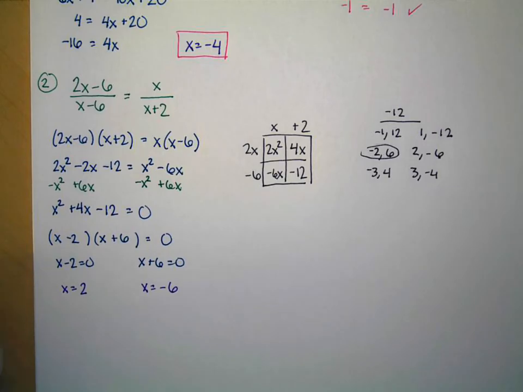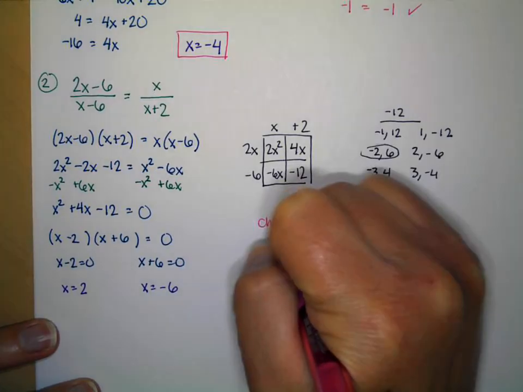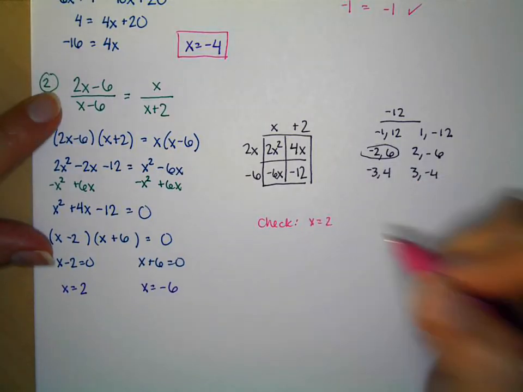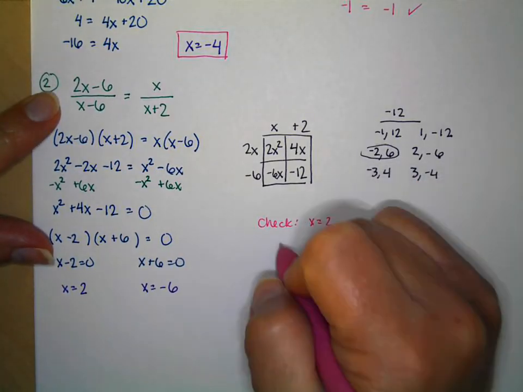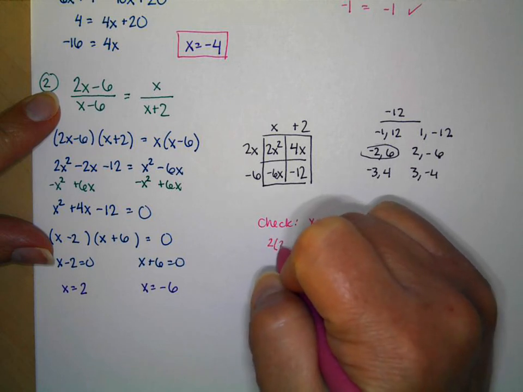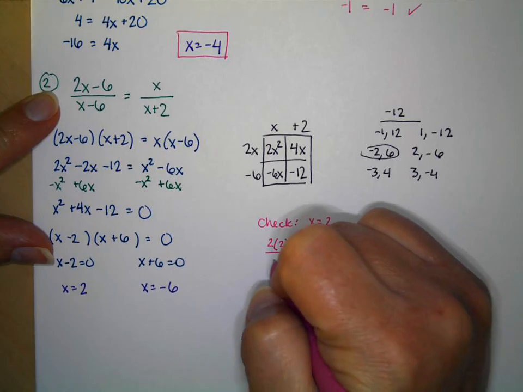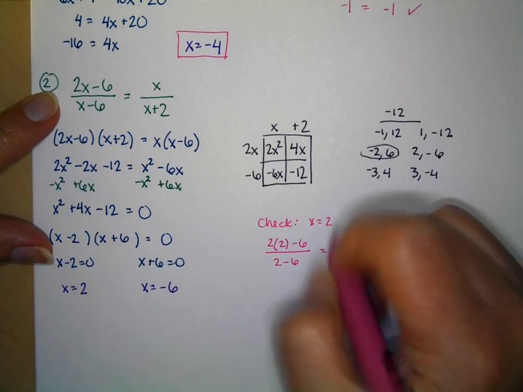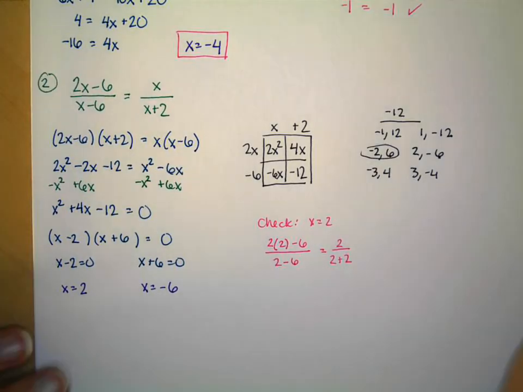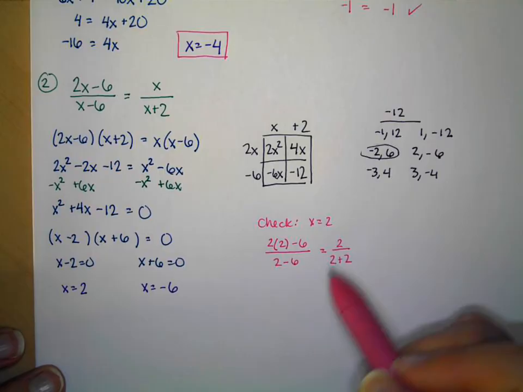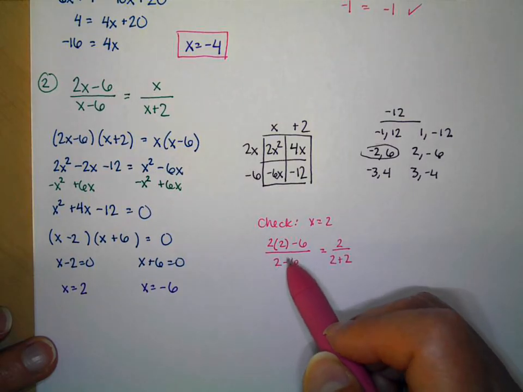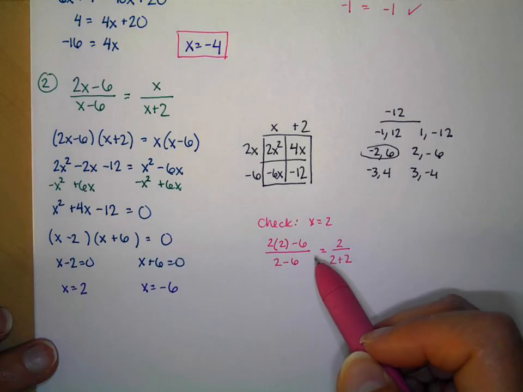And our last step here is to check our answers. So in order to check x equals 2, if I substitute 2 into my original equation in place of all of the x's, we'd have 2 times 2 minus 6 over 2 minus 6 is equal to 2 over 2 plus 2. All right, so again, either type this into a calculator if you have one, or you have to do some mental math. 2 times 2 is 4. 4 minus 6 is negative 2